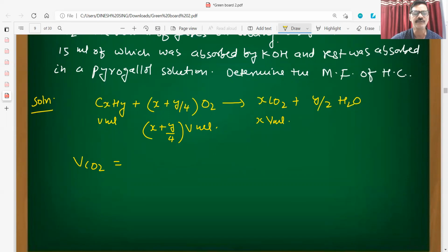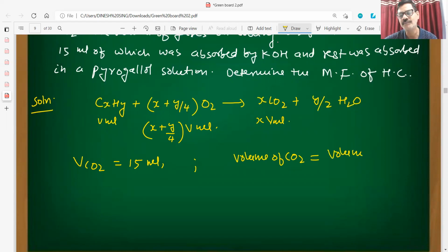So this will be equal to 15 ml. From here we can make one equation: volume of CO2 will be equal to